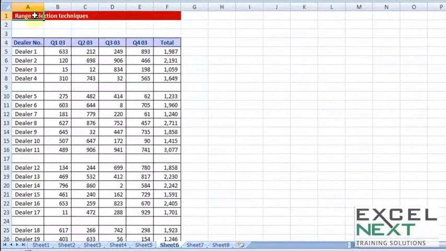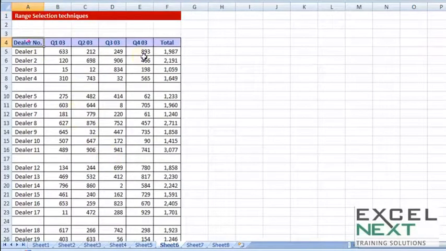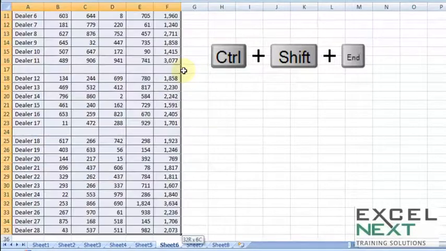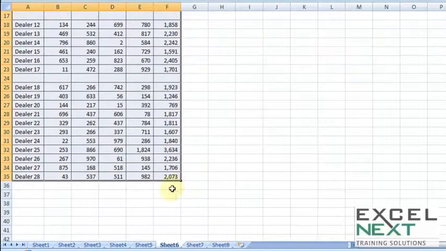Now you may say there are so many blanks, could be 500 such blanks, what to do in that case? So besides Control A, besides Control Shift right down, there's one more shortcut key. If I choose the dealer number and I press Shift Control End key. In some laptops you may have to activate the function key to press the End key. So Control Shift End key may choose the last data cell that has been used in the past or in current.